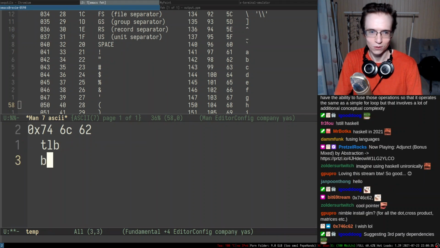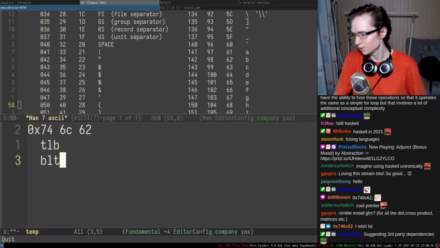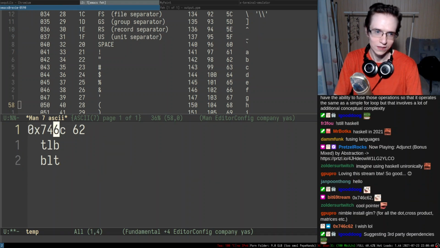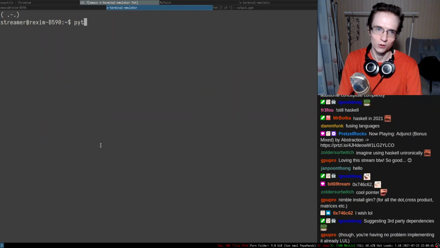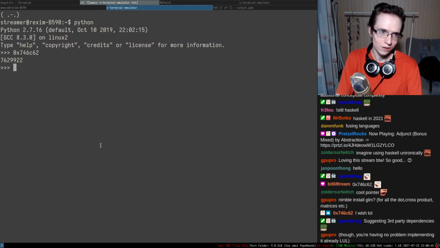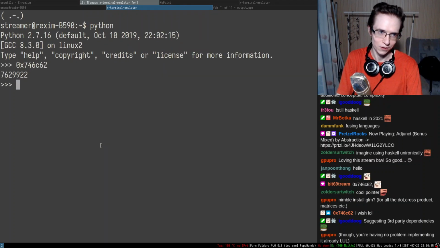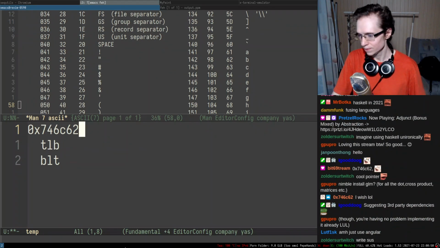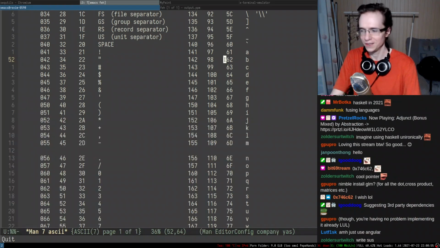It's either TLB or BLT. I don't know what precisely it means, but maybe we can actually try to convert it to decimal, and in decimal it also doesn't really make much sense. Okay, so it's probably something special for you. All right, I couldn't decode that. You won this one.